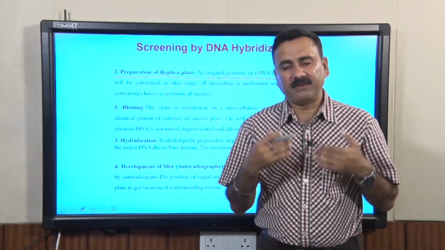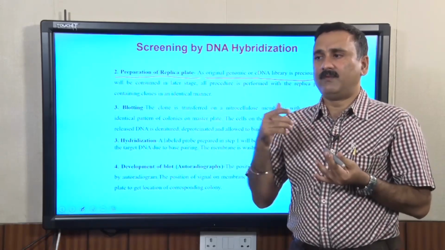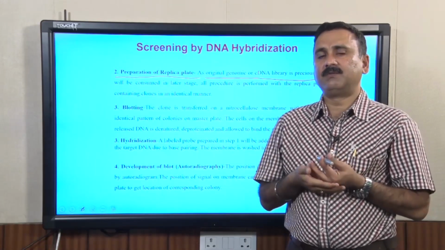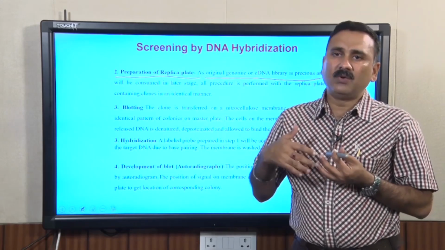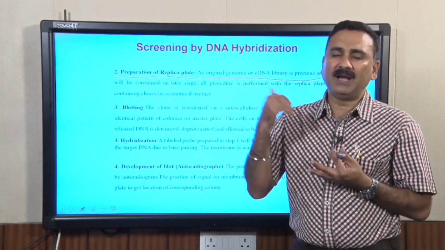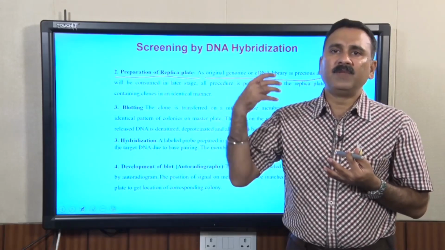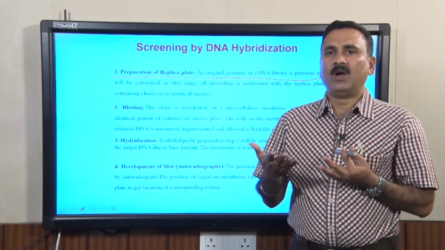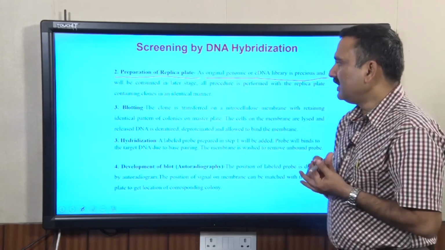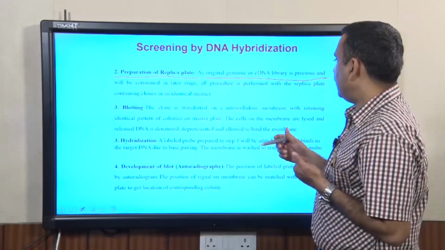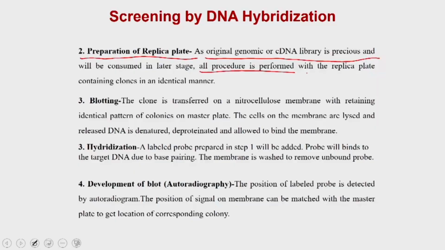So you prepare the replica plate, so that whatever is transferred onto the replica plate is destroyed during the procedure, but you still have your original plate, from which you can extract the clone you are looking for and also use that library on several occasions. That is why it is important to prepare a replica plate, and to do so you take your master plate,